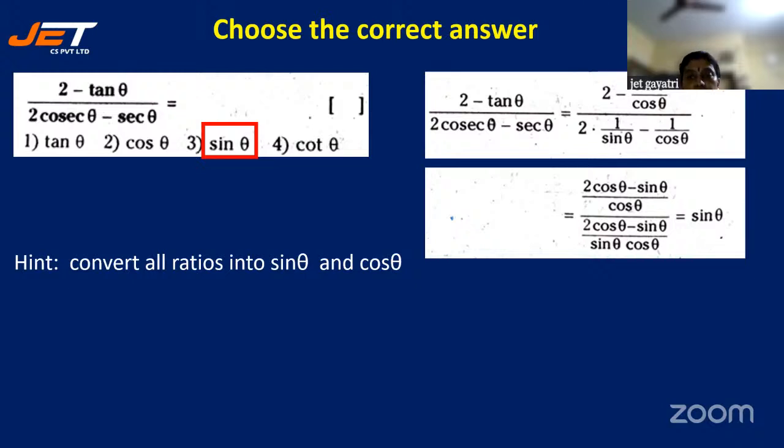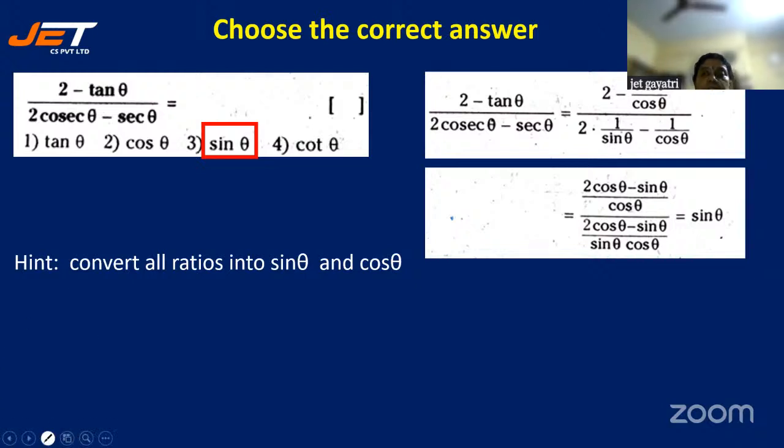Right? So now what is tan? It is nothing but sine by cos. So 2 minus sine by cos, by cosecant theta, which is nothing but 1 by sine theta. So 2 into 1 by sine theta minus secant theta, which is 1 by cos theta. All right. So when you take the LCM in the numerator,